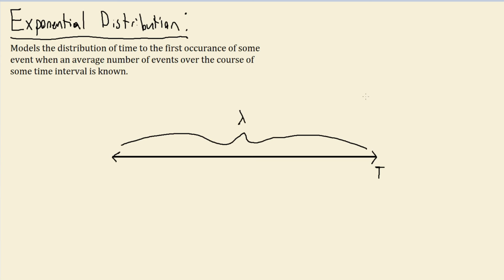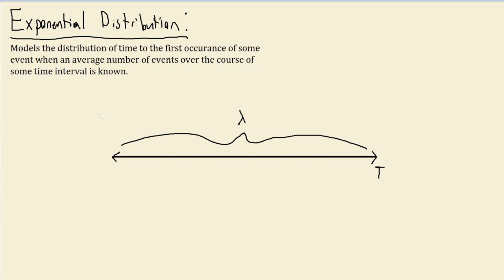This distribution's derivation is going to proceed very similarly to the Poisson distribution. Essentially, we have this time interval here, and we want to model this time interval as a binomial distribution. We know how to work with the binomial distribution. We have a PMF for the binomial distribution. We have a CDF. We have all of those attributes. So if we can model this as a binomial distribution, then we can essentially derive the probability density function for the exponential distribution, or the cumulative distribution function for the exponential distribution,